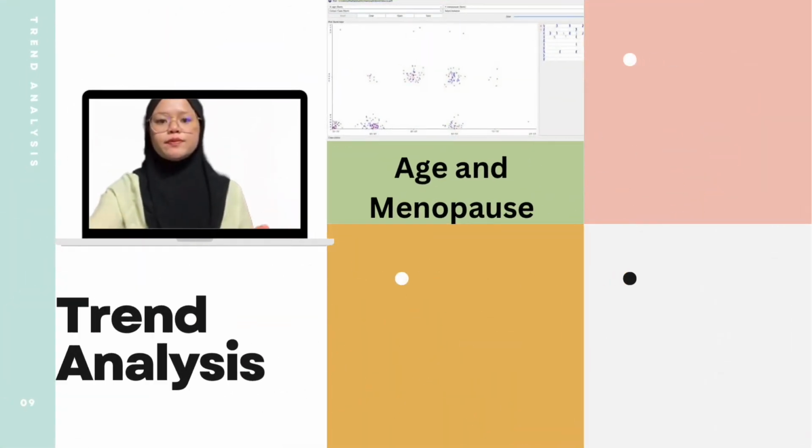Visualizations for trend analysis. The first one, there are two types of class. The first one is no recurrence, represented by the blue one, and recurrence represented by the red ones. Recurrence indicates a high risk of getting breast cancer again. This dataset has 10 attributes. There are three types of menopause.